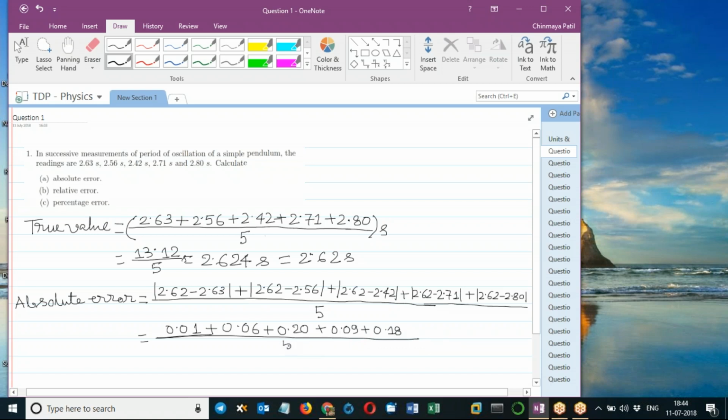And that has to be divided by 5. If you calculate this value is